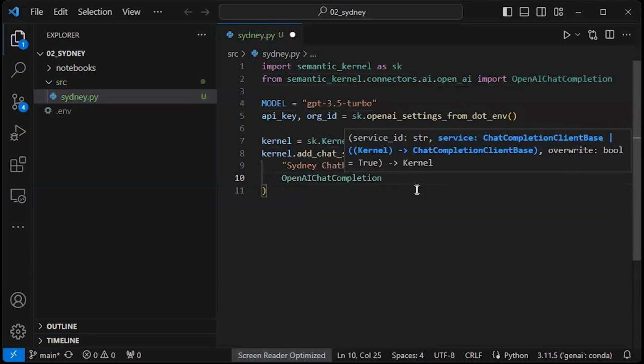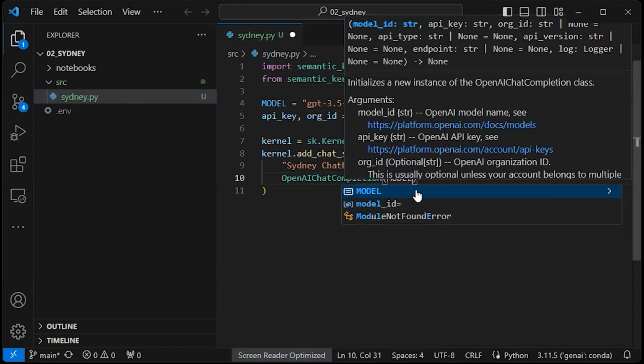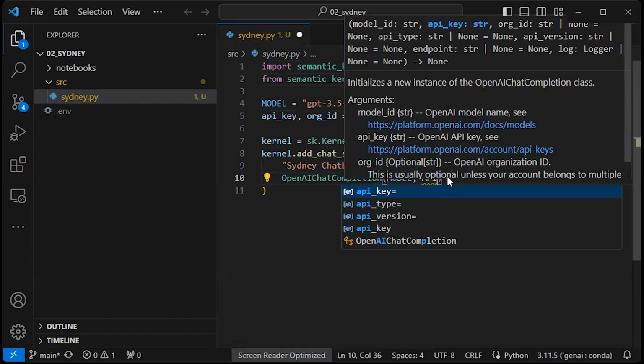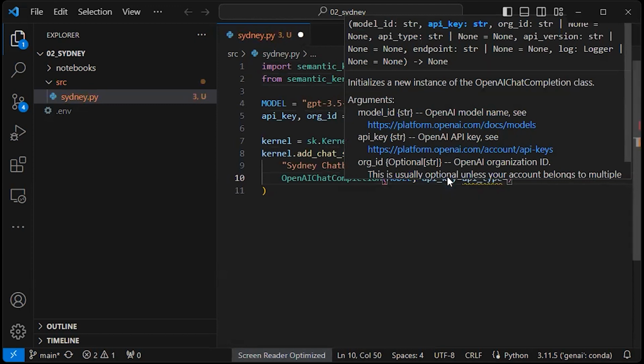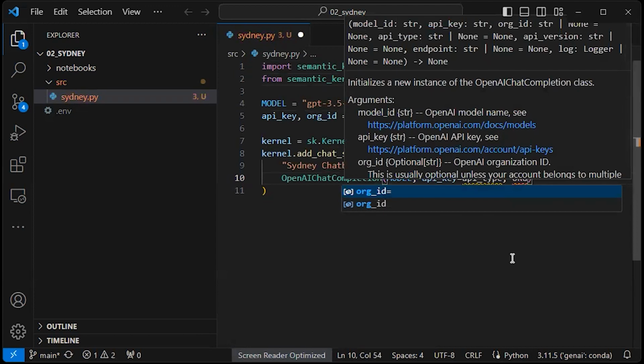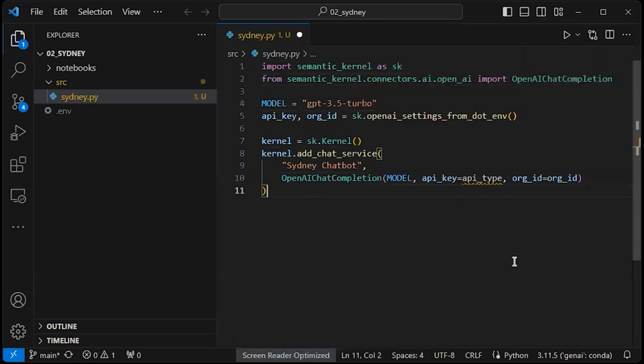And we're opening this up with an OpenAI chat completion using the model that we have asked for, which is GPT 3.5 Turbo, with the appropriate API key and the appropriate org ID. That's the issue with all this autocompletion and smart sense. It got in the way of you seeing what is being typed. Okay, now that is done,